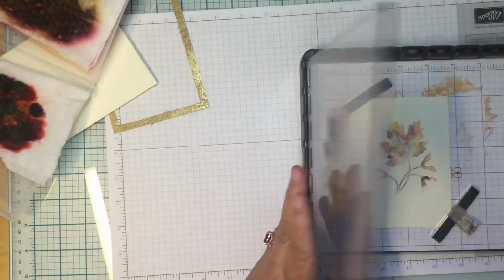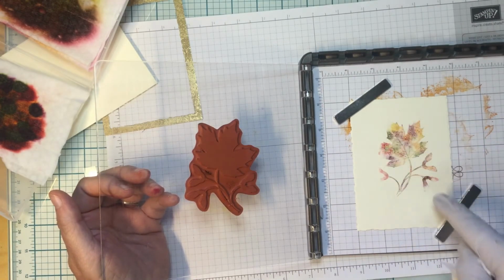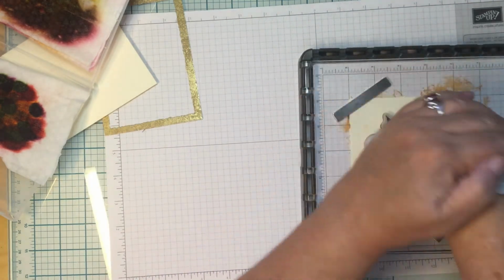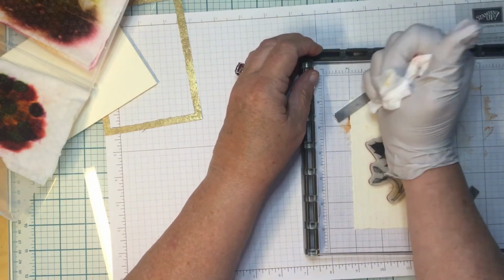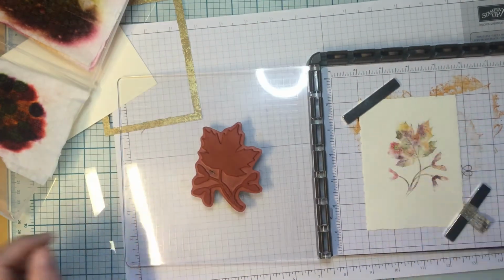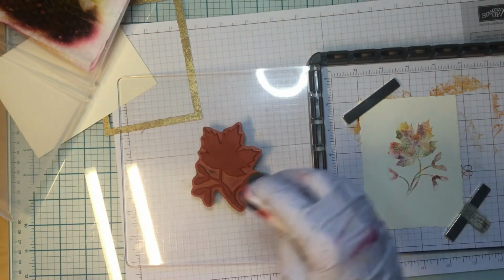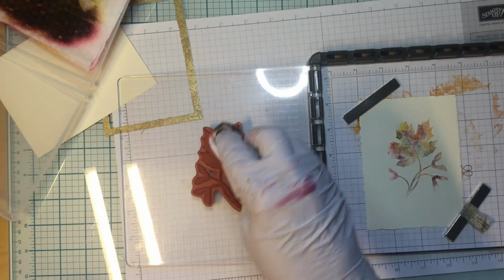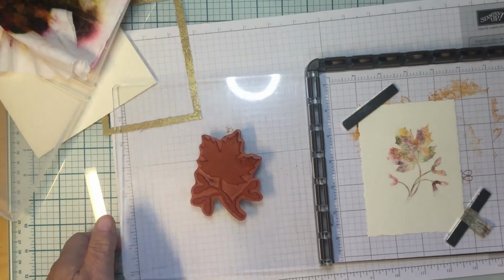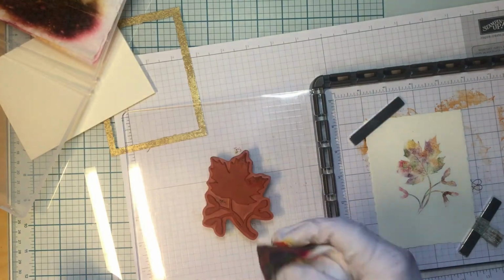One thing nice about the Stamparatus is that, like here, I have some parts that didn't get pressed. Either they didn't get color or they didn't get pressed down well. So I'm going to put them down again, and I can see where they are, and I'm going to press on those specific spots and see if it comes through. No, it needs some ink on those spots. So then I'm just going to take my baby wipe, and let's see, that's going to be this spot and this spot. So we'll just dab it. We'll close it. Oh, a little bit over here too, on this